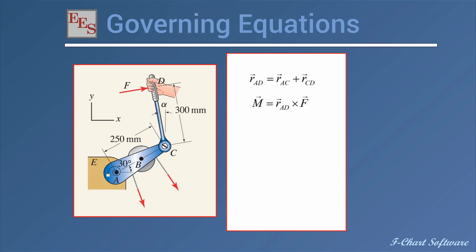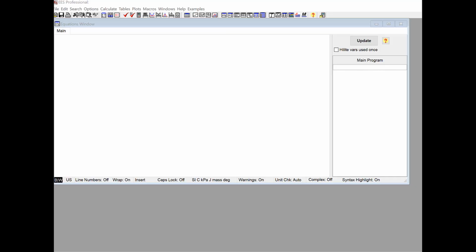We want to make sure that the force, the magnitude of the force that we apply, is set such that the magnitude of that moment is 50 Newton meters. And you can see that it's in the clockwise direction, and therefore it would actually be minus 50 Newton meters. All right, so with the governing equations set up, we'll go ahead and open up EES